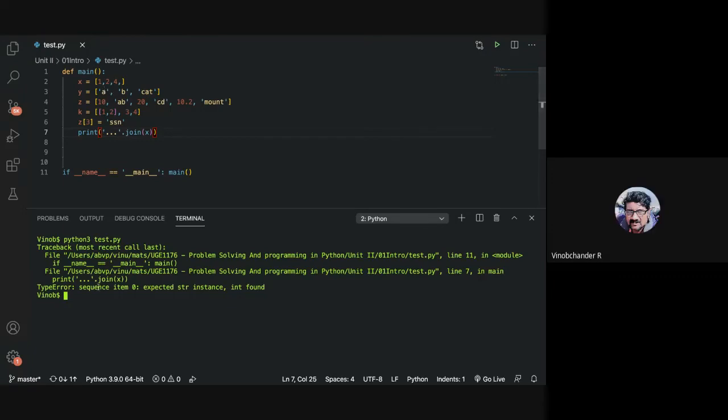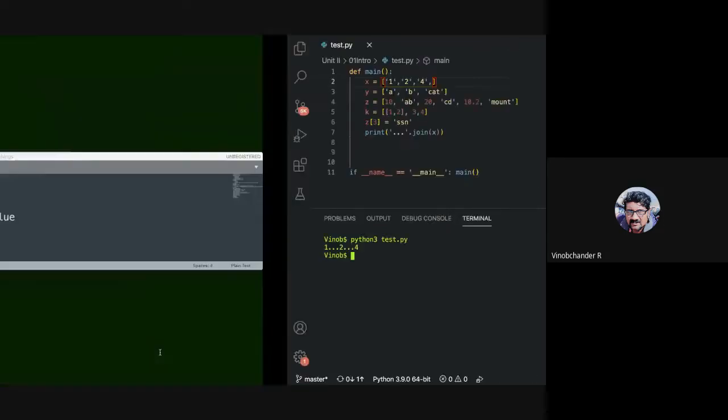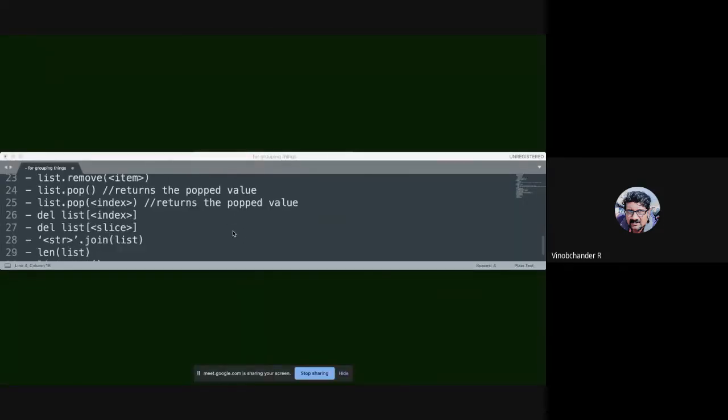Or if you want to join X, you can convert it to a string. Okay, so that is join.